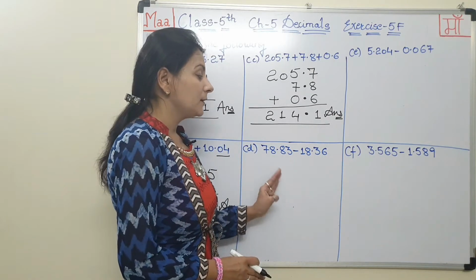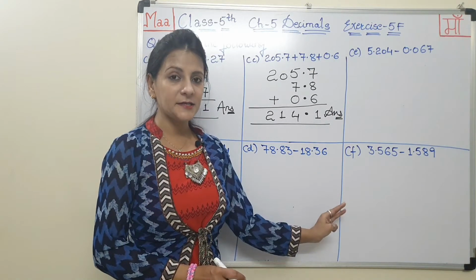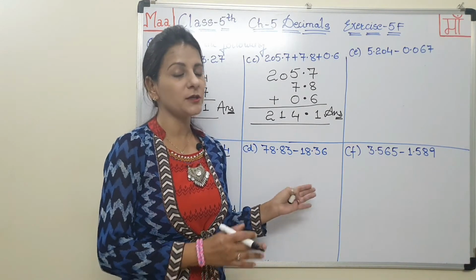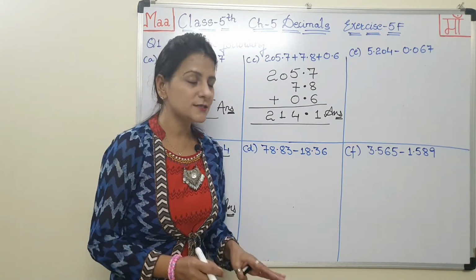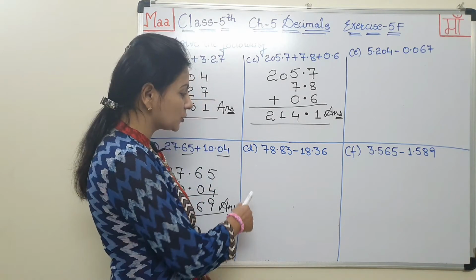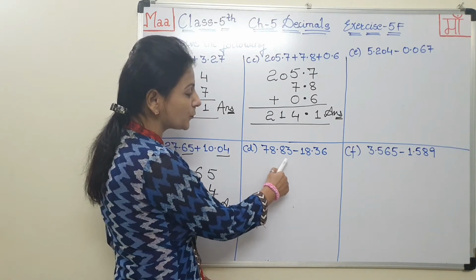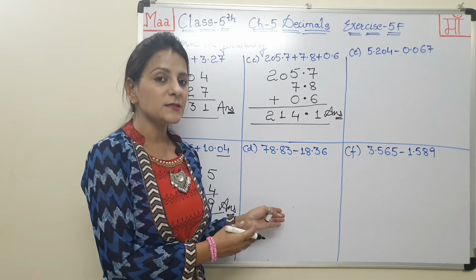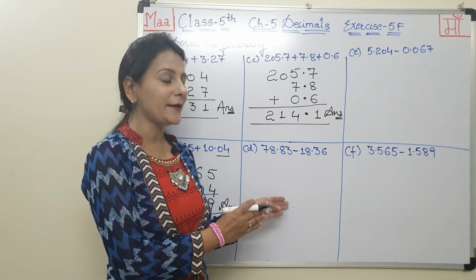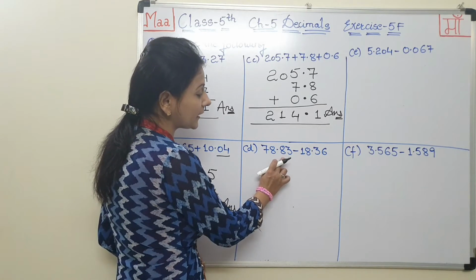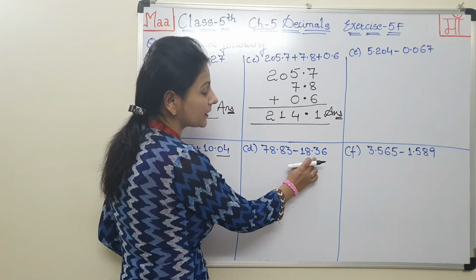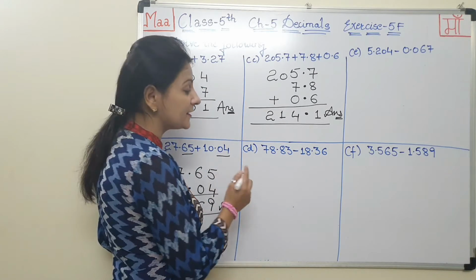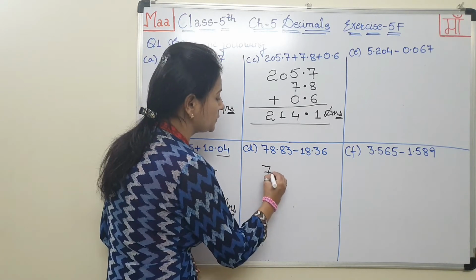Now part D. The next three parts are related to subtraction of decimal numbers. The first three parts were related to addition and the next three parts are related to subtraction. So let us pay attention to part D. It is 78.83 minus 18.36. Again the given decimal numbers are like decimals. You can see that here after the decimal 2 digits are there and here also after the decimal 2 digits are there. So both are like decimals, so we will simply arrange it in a column as